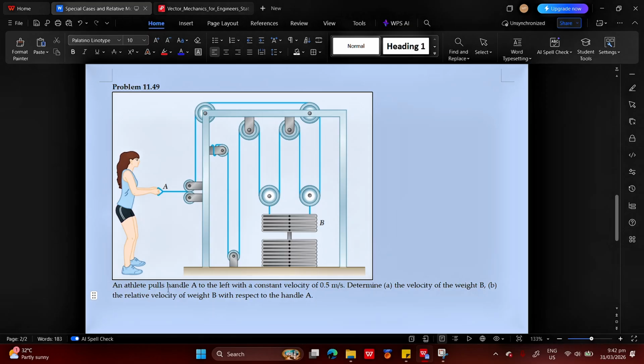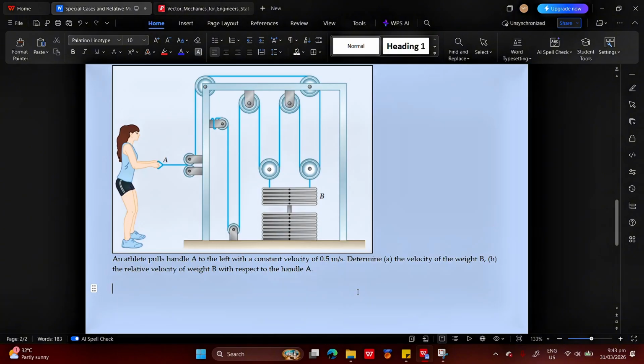It says here an athlete pulls a handle A to the left with a constant velocity of 0.5 meter per second. I'm going to break this down. I'm going to put an imagination here. If the girl is pulling point A, or the rope at the point, or particle A, expect that the rope